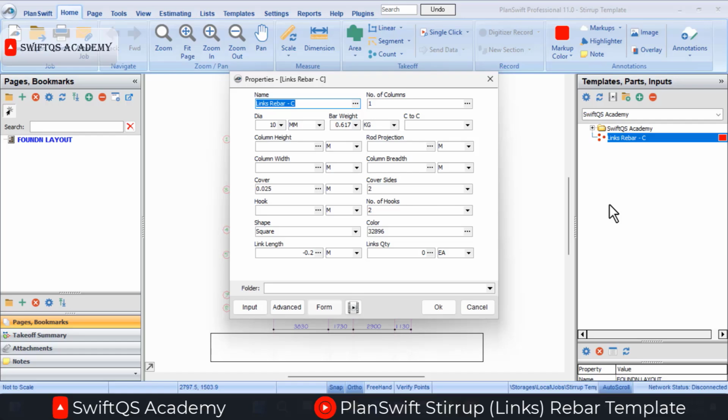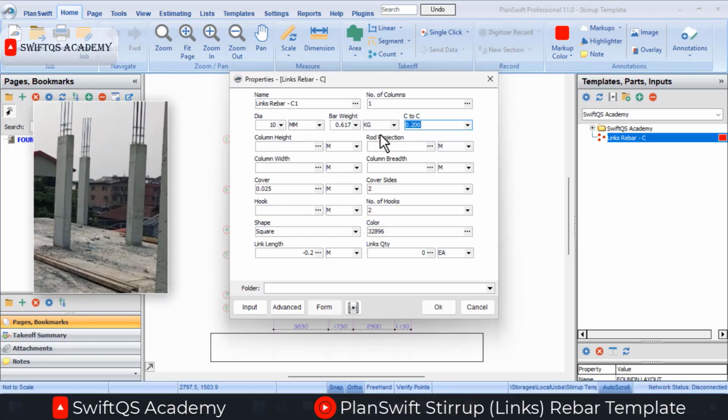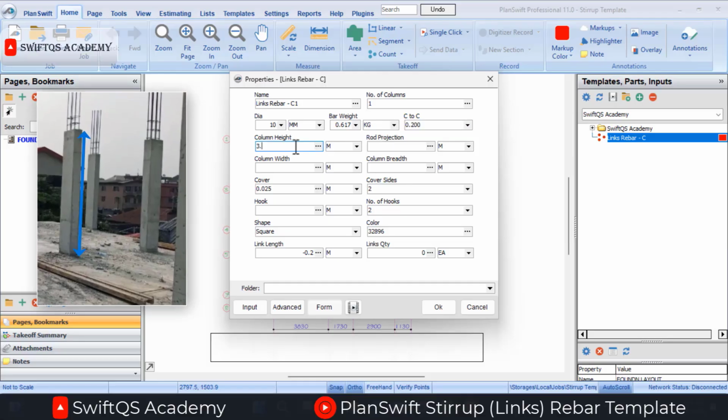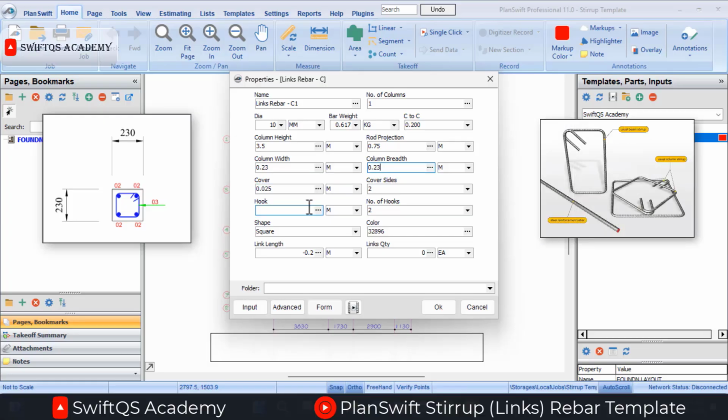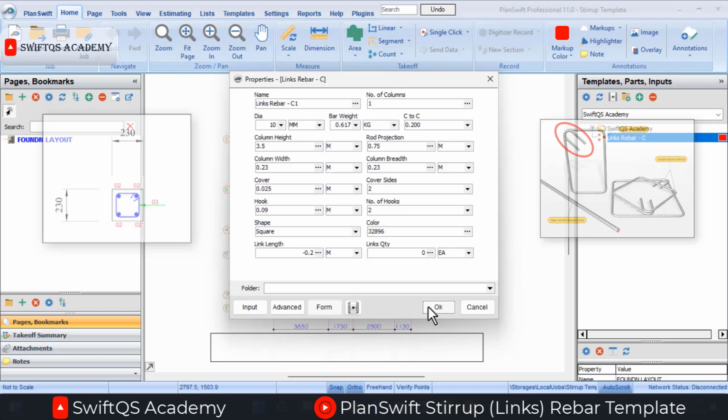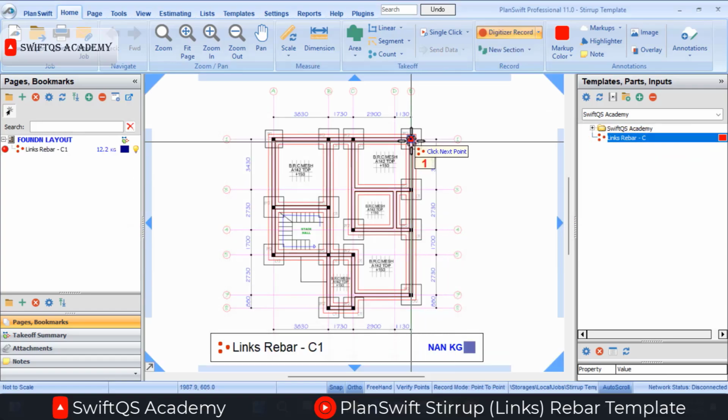I'll name it links Rebar column type 1 and then provide the details: 10 mm dia and then the corresponding bar width and then the center to center spacing. I'll provide the column height 3.5 meters and then the rod projection 0.75 meters. I'll provide the column width 0.23 and the column breadth 0.23. I'll then provide the cover and then the hook 0.09 meters, and of course we have two number of hooks. I'll then click on OK to highlight and then highlight,